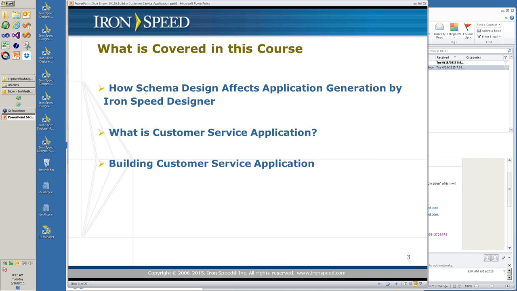All, we'll talk a little bit about how the schema design affects your application generation. Schema design is very important to IronSpeed Designer. Then we'll go over what we mean by a customer service application. Then we'll go over the general idea of how to build it, and then we'll review the ones we have